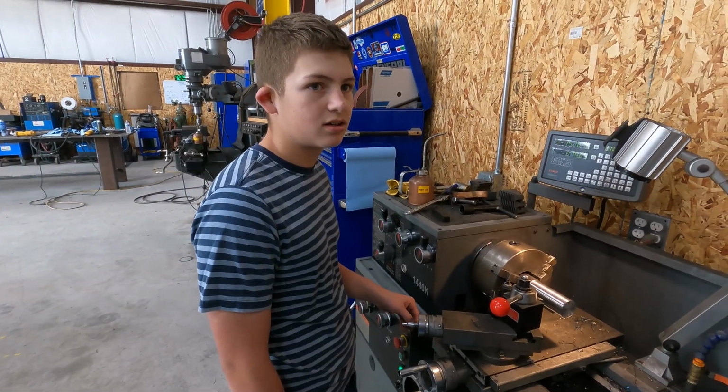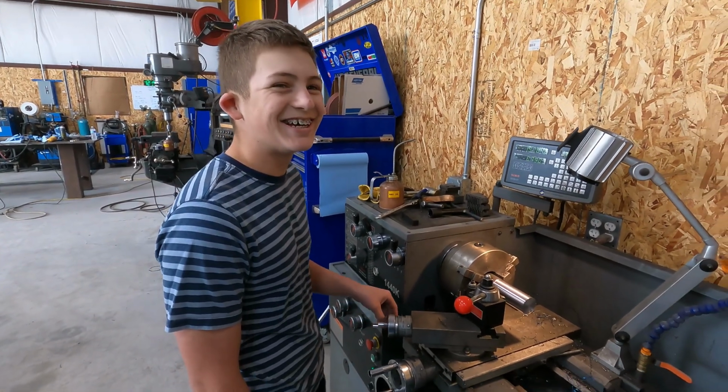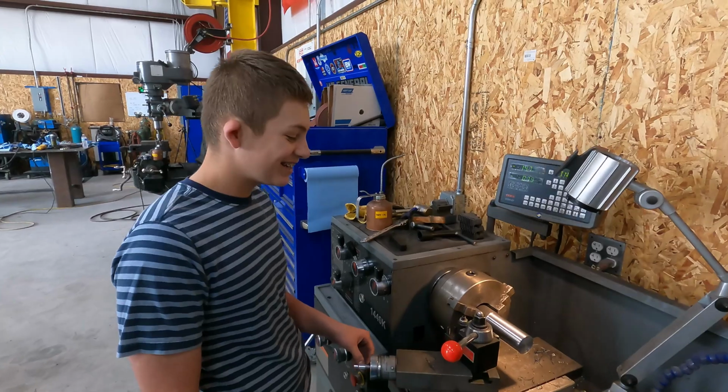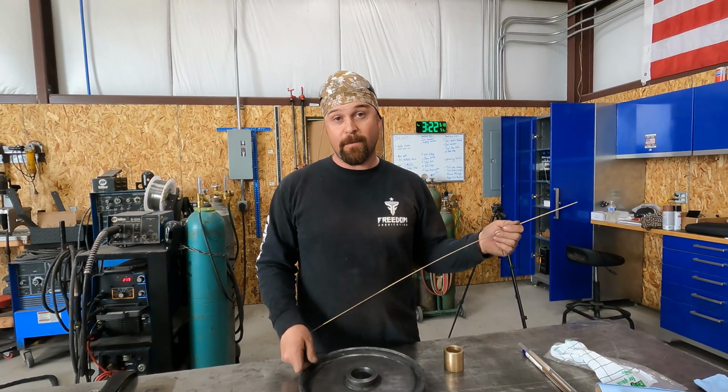A bushing that we have to braze in. Okay. So just start with that. Okay. This is actually